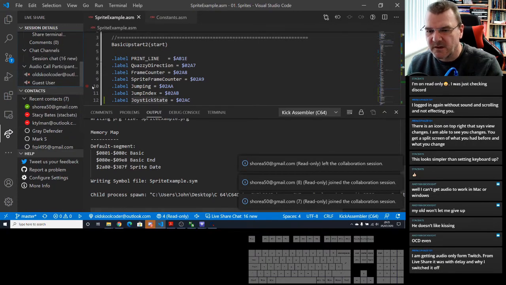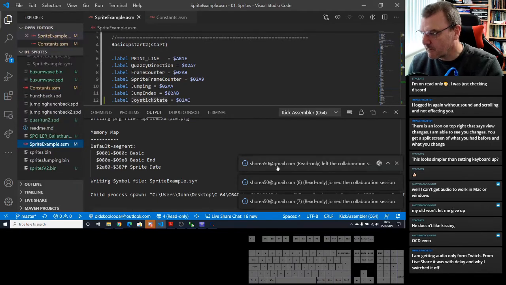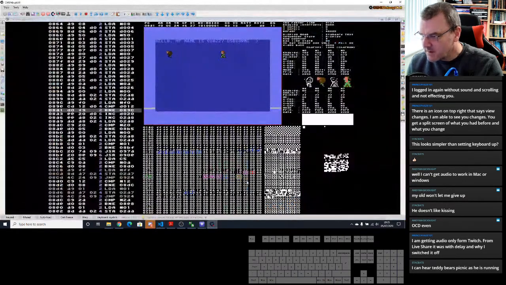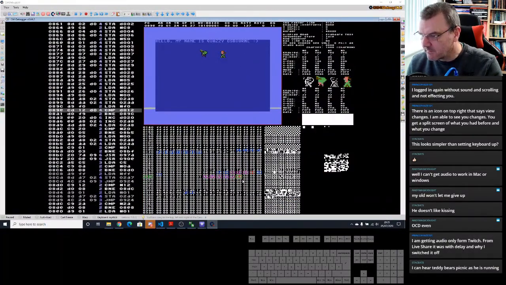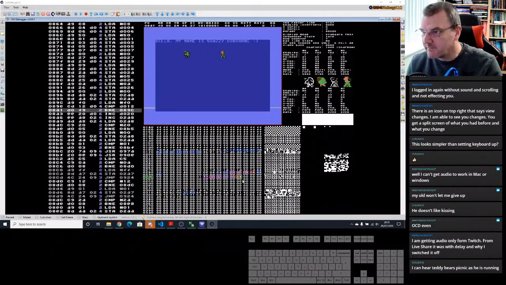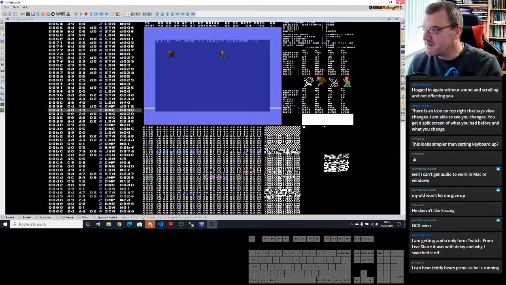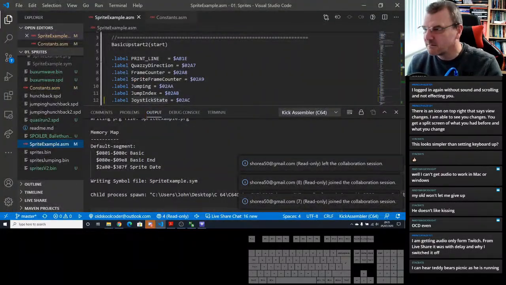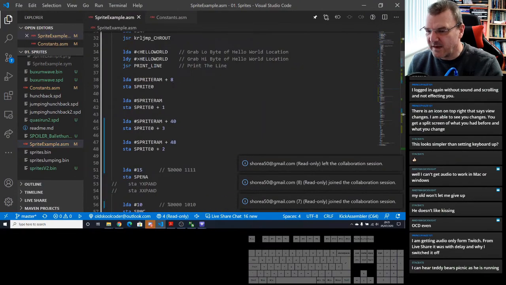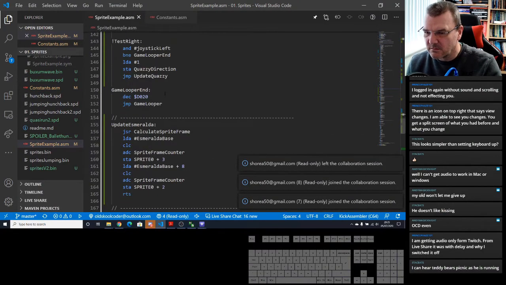There we go, that's turned it off. So we're recording the joystick movement. Left and right, left and right, left and right. But for some reason he's just legging it left. So I've got the flow wrong.